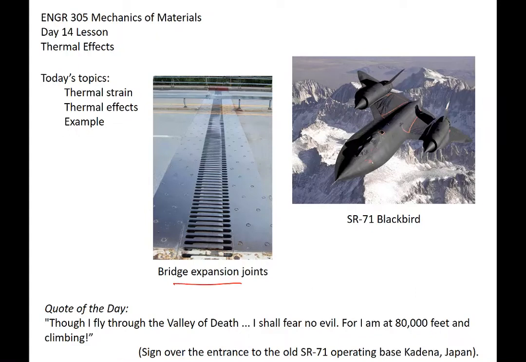The SR-71 Blackbird is kind of a famous example of thermal effects because this thing gets so hot. It traveled about Mach 3.5, or I should say when it used to fly, and at that speed, the skin of this thing would get tremendously hot. And some of you may know that most aircraft have fuel tanks in their wings, and this particular aircraft got so hot that it would have to